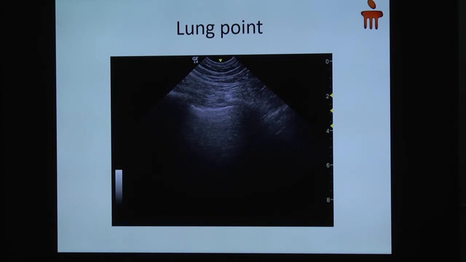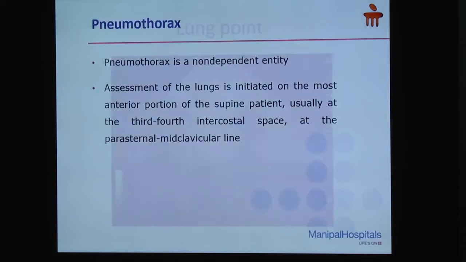Now, how the pneumothorax normally works is it will start in the most non-dependent part of the lung, and as it gets bigger, the lung will collapse like this. So it is better to start from the most medial part, just lateral to the suprasternal junction, and then go laterally, and wherever you see the lung point, that is the extent of the pneumothorax. Obviously if the pneumothorax is very big, that lung point, as you rightly said, you will not see. Okay, so that is a very useful sign,